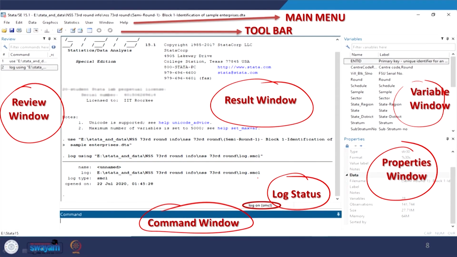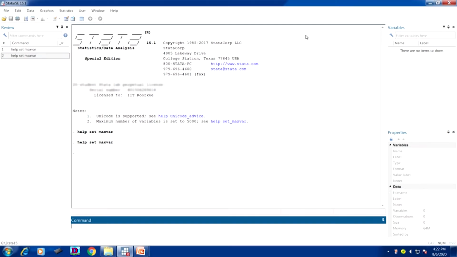Okay. We will clarify, and it is better to first start with the main menu. Main menu is mentioned here and toolbar is mentioned here. Okay.